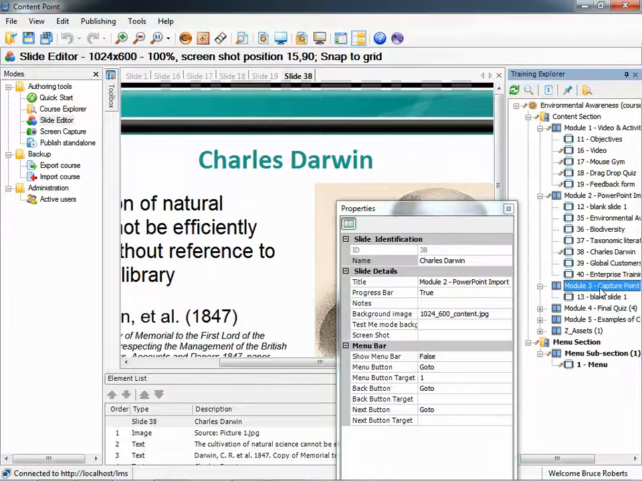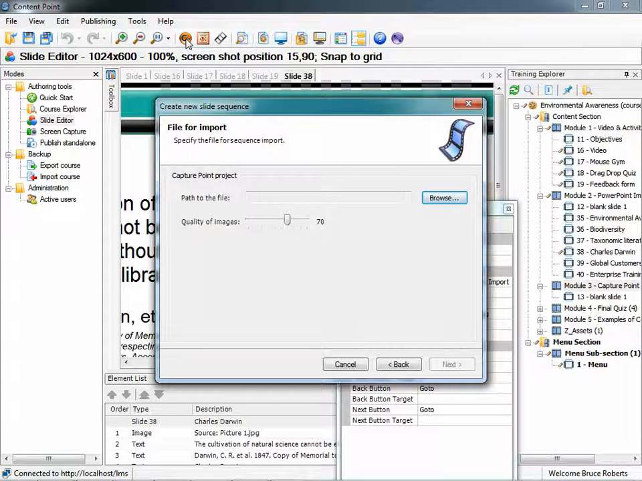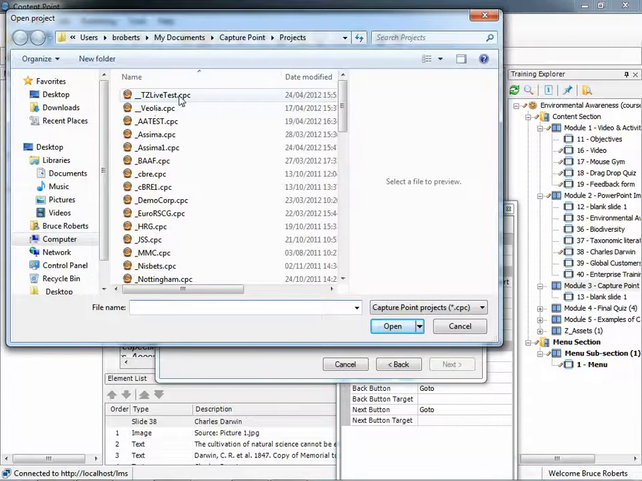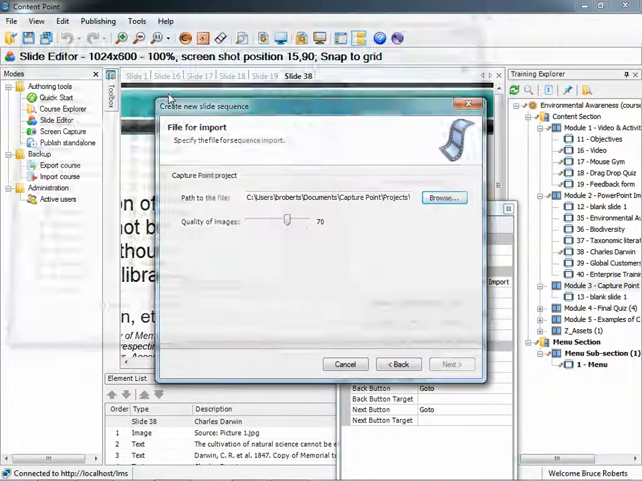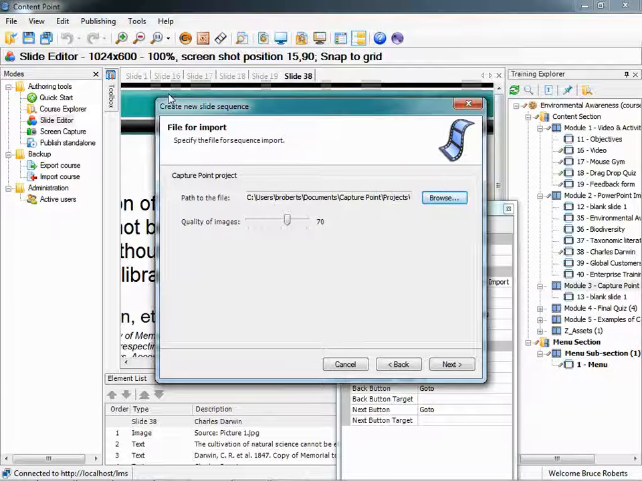as being the chapter that we're going to target for this incoming captured sequence. Having selected our Module 3 as the target, we're going to come up to our icon bar where you can see the orange Capture Point icon. We're going to click on the orange Capture Point icon, and again, quality of images is set to 70%. We'll click on Browse, and this takes us through to our TZ Live test capture we just created. So I'm going to double click on that, or you could select it and OK,